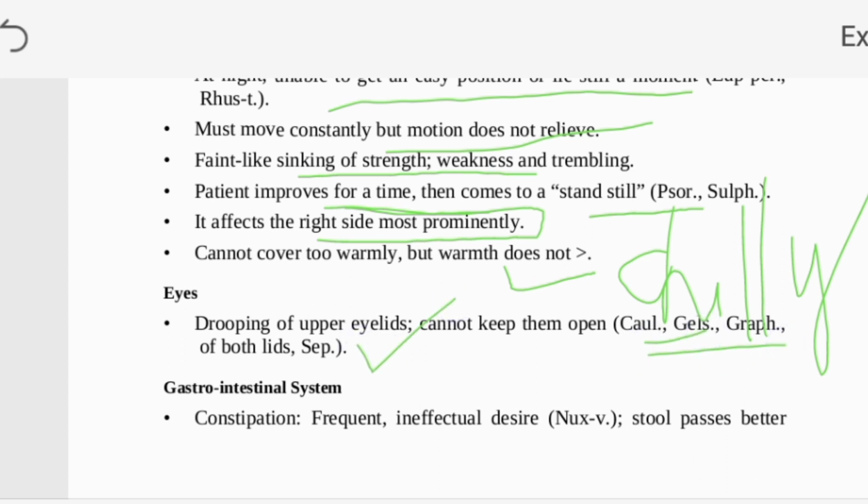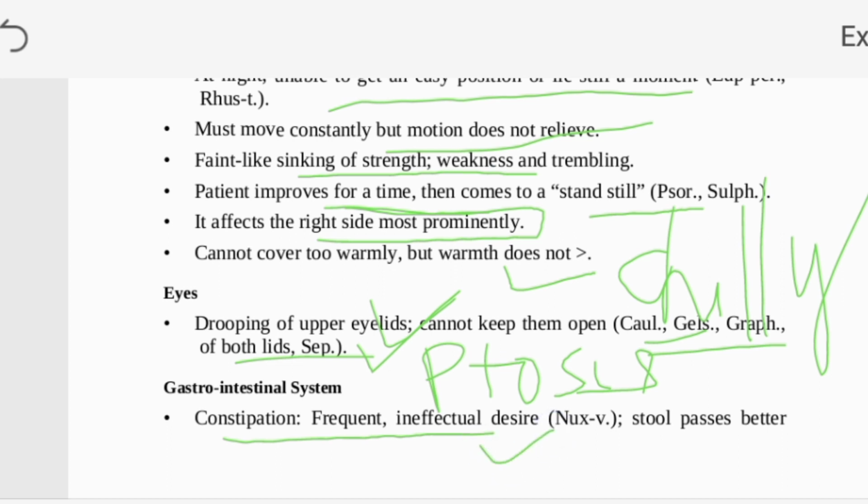Ptosis means that, due to muscle weakness or paralysis of the eye muscle, the eyelids droop. Upper eyelid ptosis, or both eyelids, then Sepia. Then GI: it is mainly given in case of GI paralysis or inactiveness because of ineffectual desire, like Nux vomica,